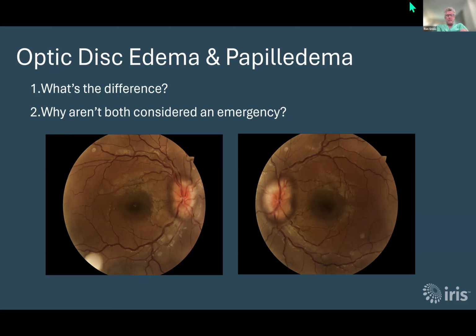If it's in both eyes, it almost always is due to increased intracranial pressure. That could be a tumor, that could be a hemorrhage in the brain, that could be other diseases. The important part here is it's not just the eye, it's the brain, and some of these things can be life-threatening even immediately. If this is bad enough, they can die from elevated intracranial pressure around the brain. So this is one of the things that we